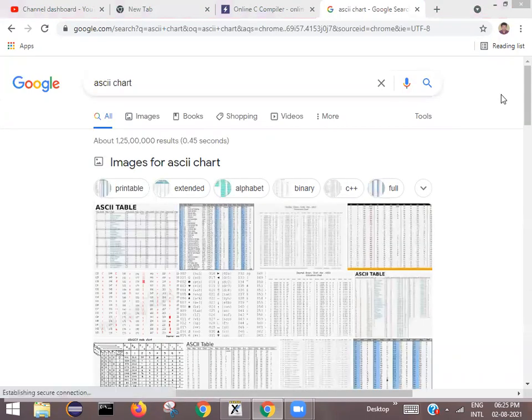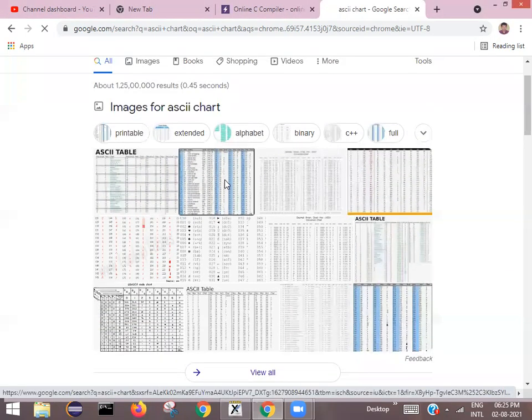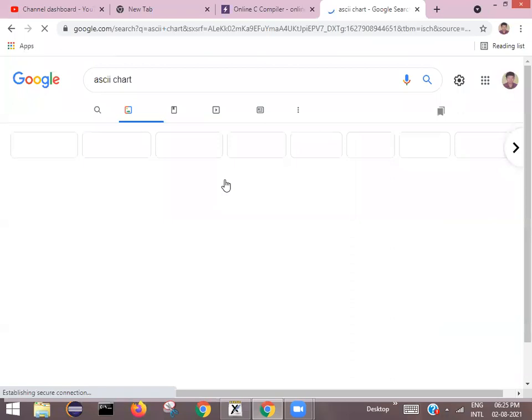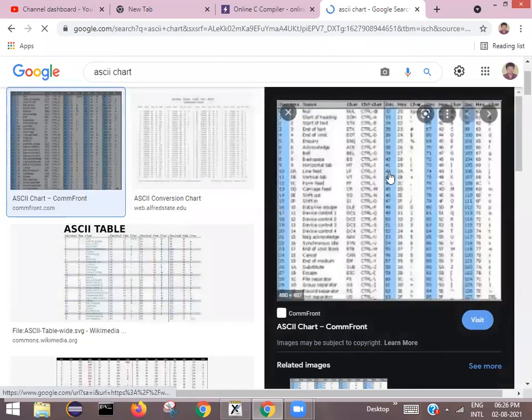Okay, right. So I'll show the ASCII chart so that it can be confirmed.